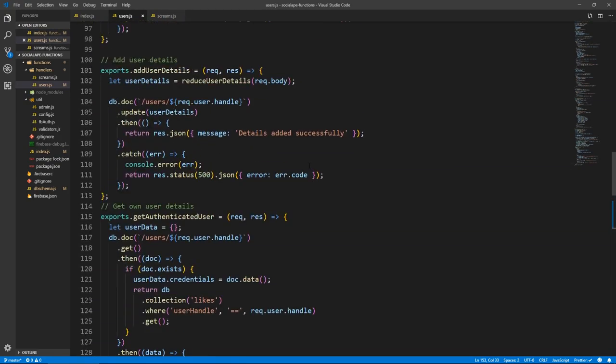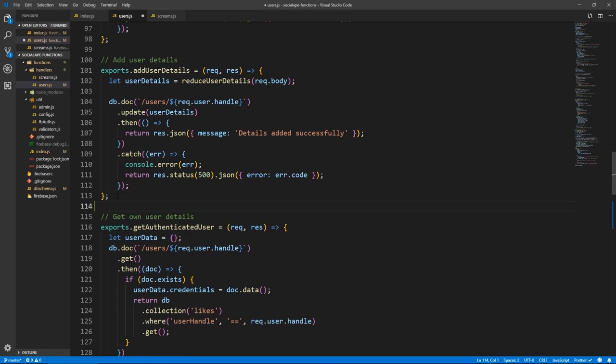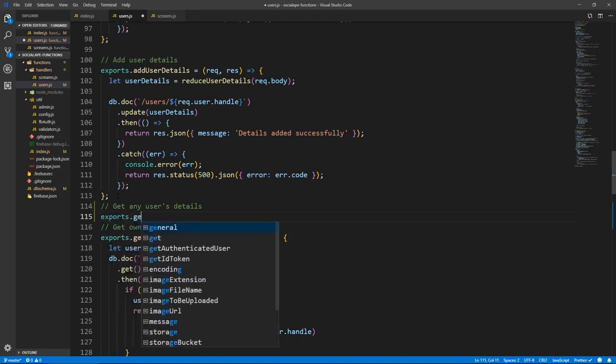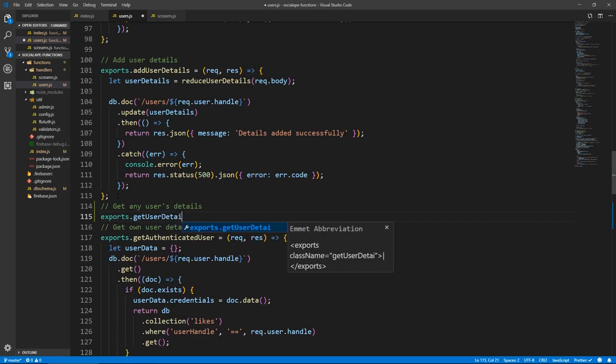I'm gonna put the get user one here. So let's call this get any user's details. This will be exports.getUserDetails.